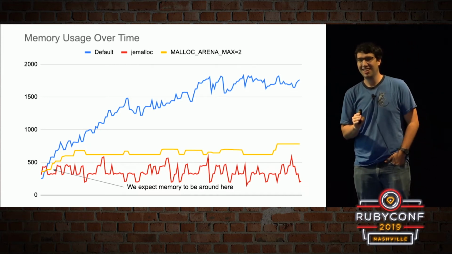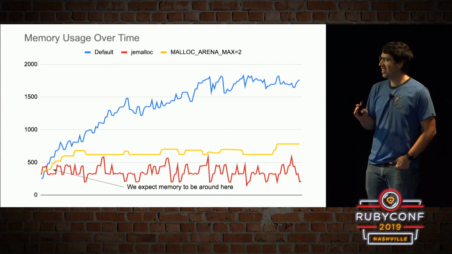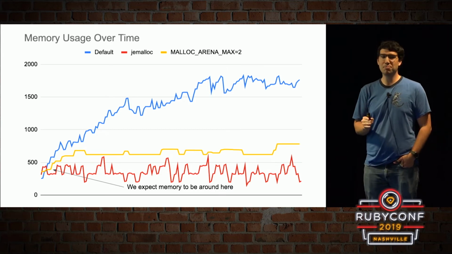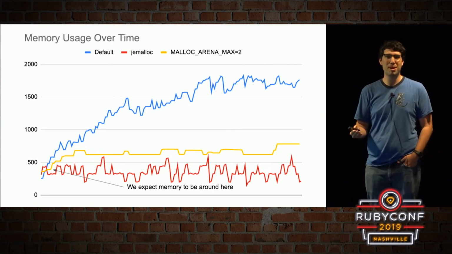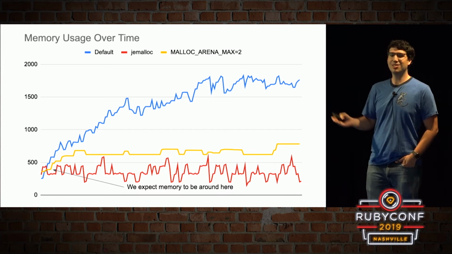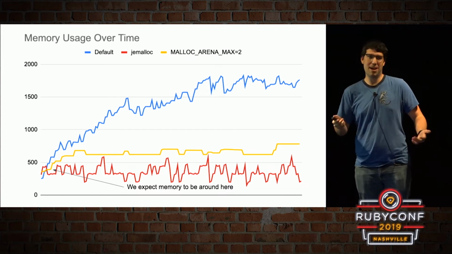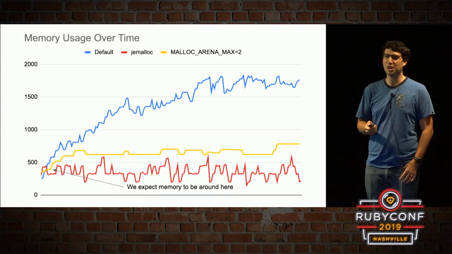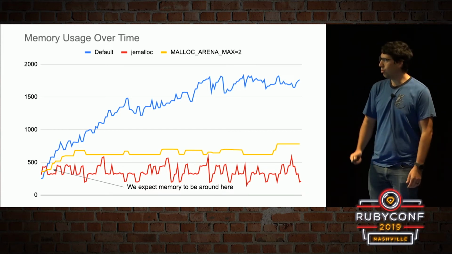But the second takeaway here is anytime someone complains about Ruby using too much memory, consider throwing some out-of-the-box environment variables at it and see if your problems go away. Cool. So